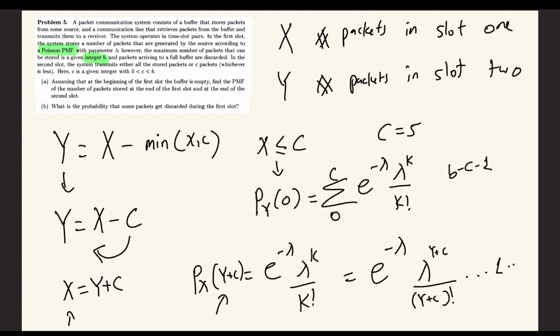Now, why do we sum up to B minus C minus 1, right? Well, we want C to be bigger than X, X to be smaller, right? Because B minus C, if C is